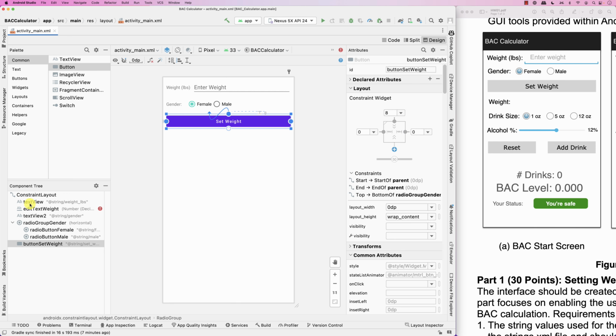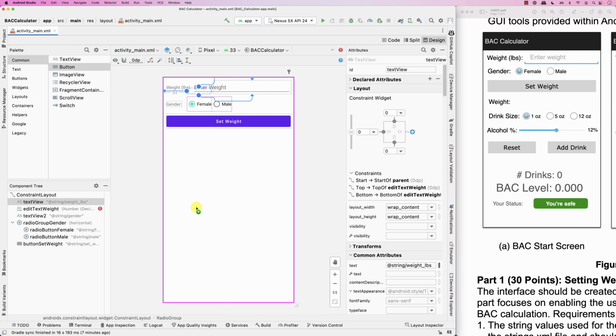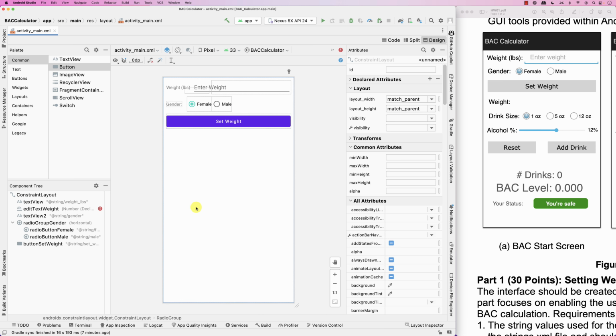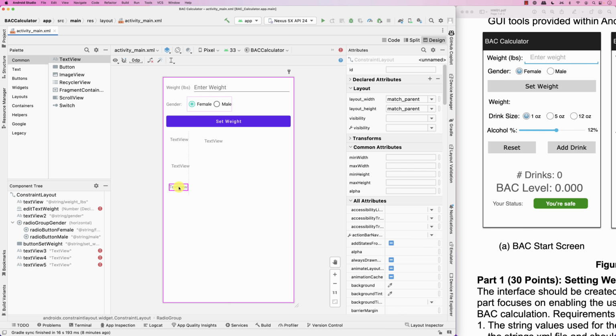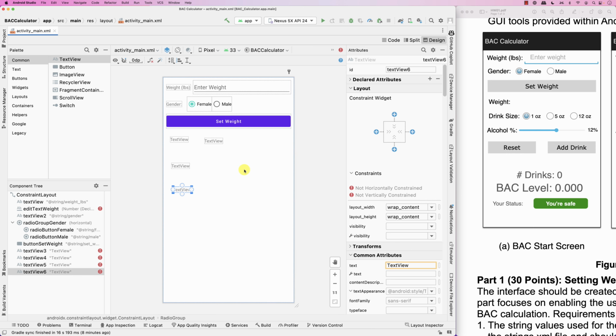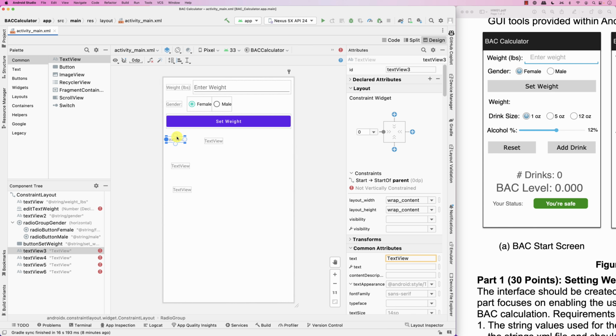Now we need the text view. Okay, here is the text view. We have a text view to display the weight, and then a text view to display the weight that was selected. We need one for the drink size. We need one for the alcohol percentage, all right? And then a couple of buttons. So let's set up this one. This one is here under,